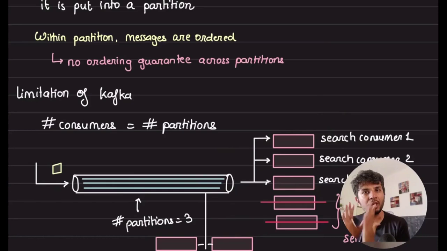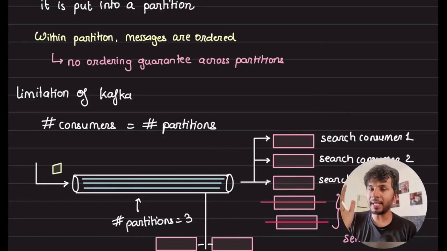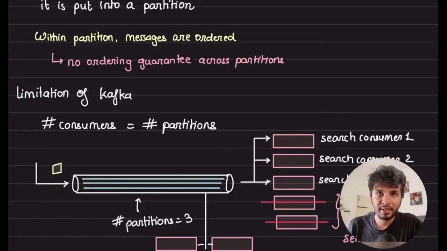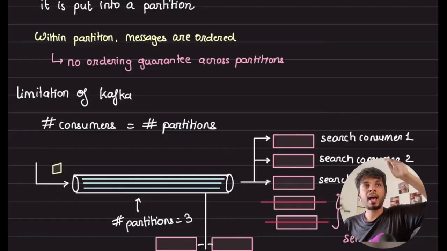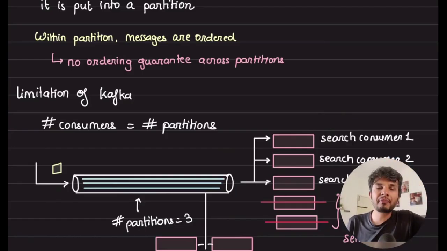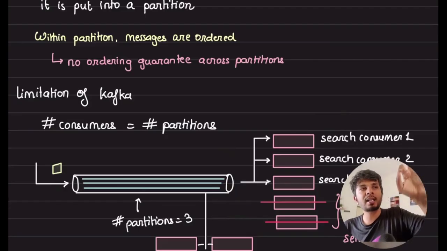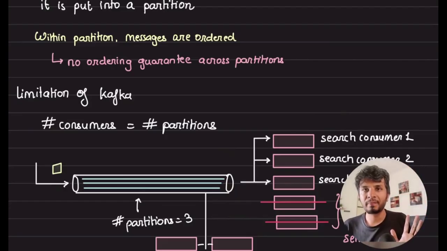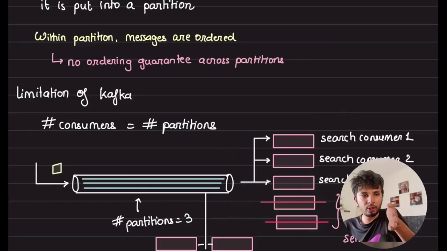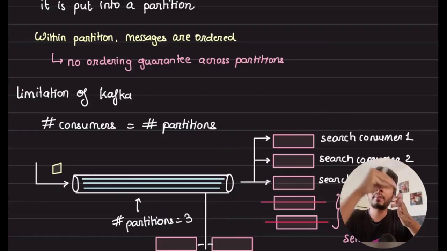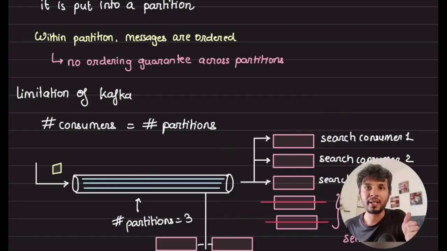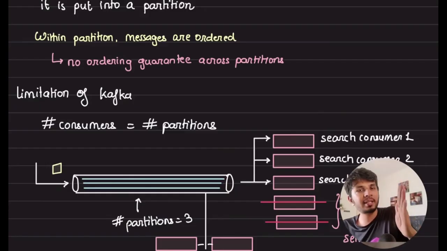Just a final thing on Kafka essentials: when you are done reading some set of messages, you can commit. You can commit that you read till this message, and Kafka will store that for you, so that next time when your consumer restarts, it starts from the last committed point. So when you are done processing a message, you can mark it as committed, meaning you've read till this message.